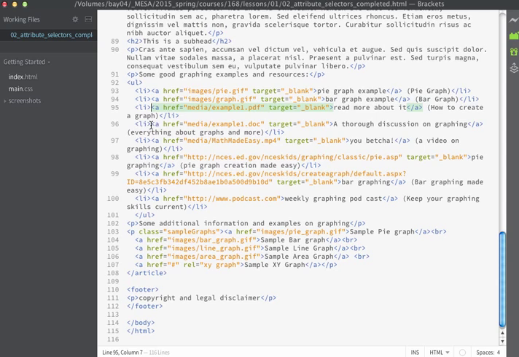This one goes to a Word doc type. This one goes to a MP4. This one links out to an externally hosted web page, as does this one right here. And this one links to an external web page as well. And then down here, I just have a